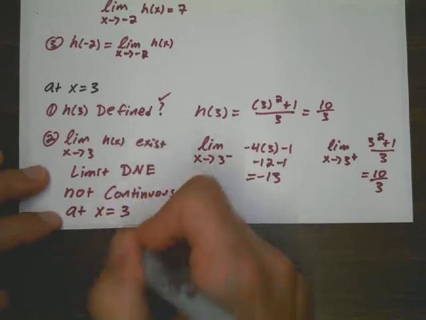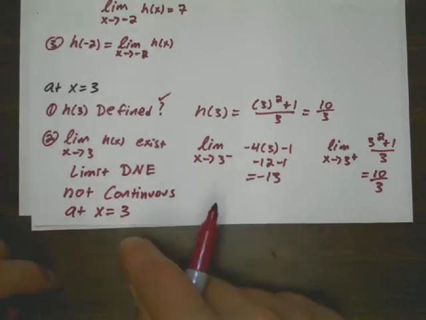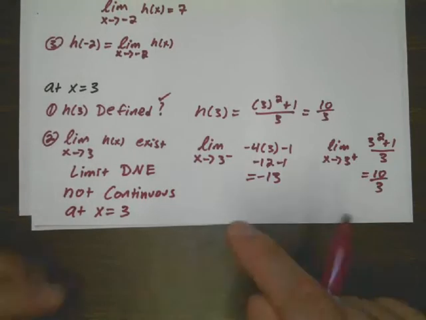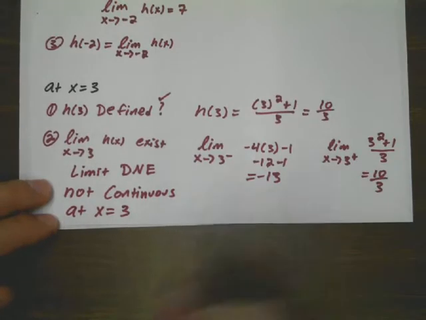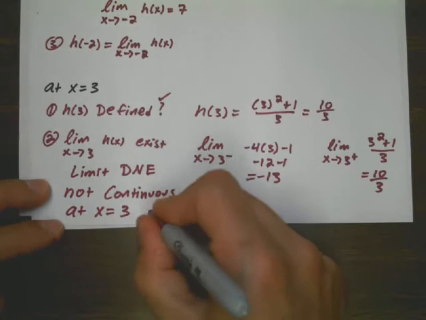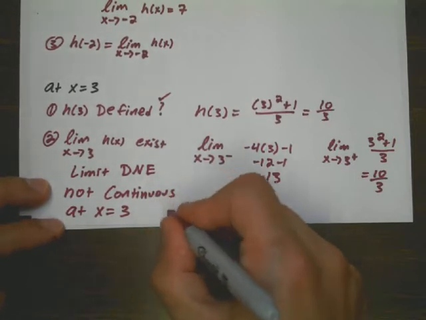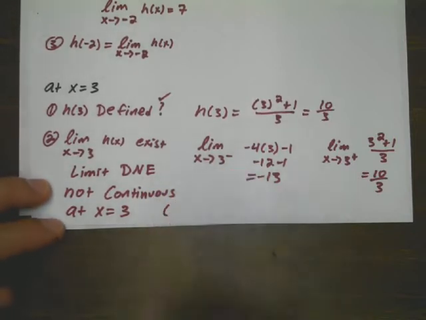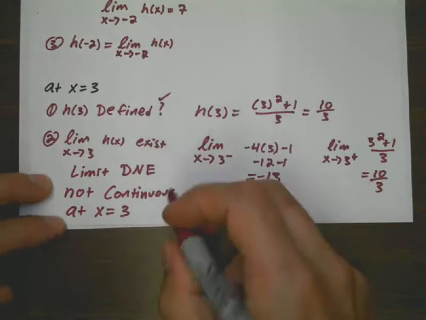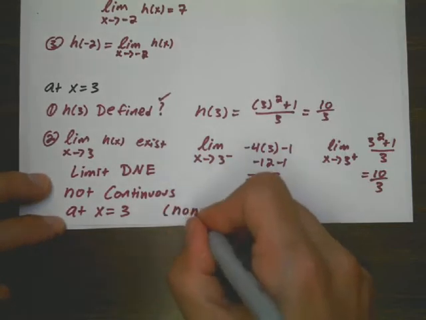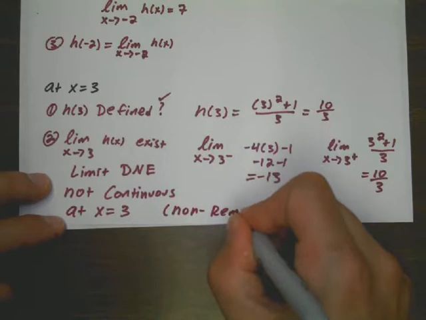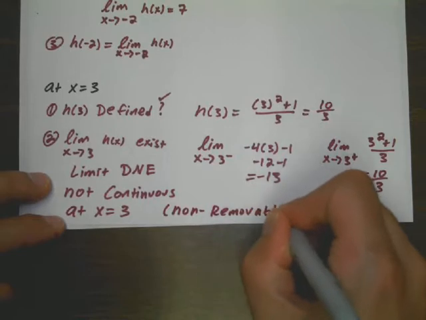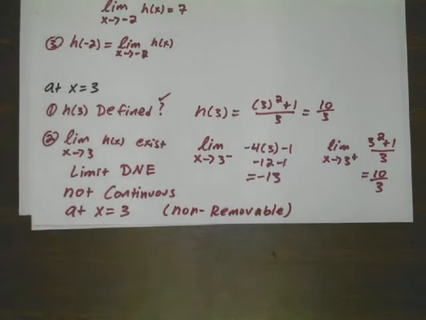And furthermore, because we have a jump, the limit does not exist from both sides. The jump creates a non-removable discontinuity. So, the limit not existing creates a jump in the graph, which is not continuous and also non-removable. Alright, last example